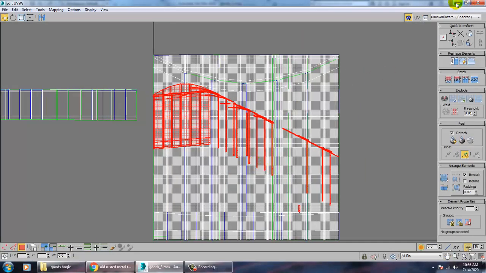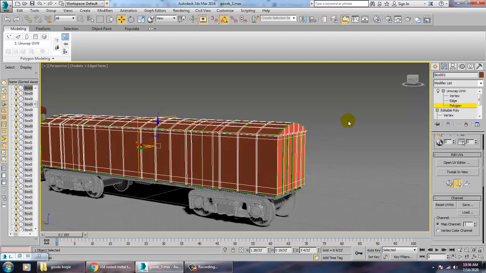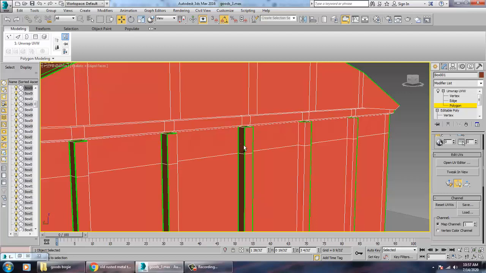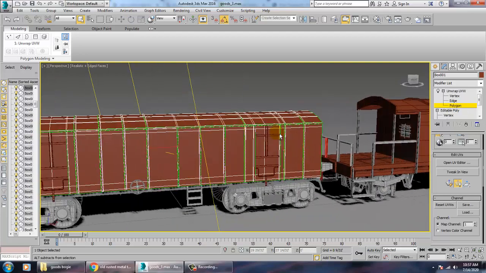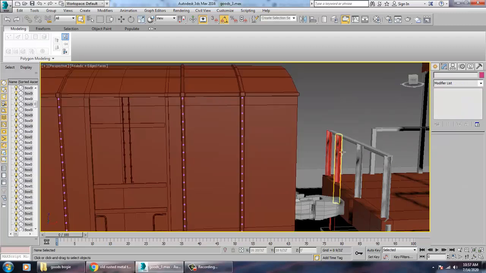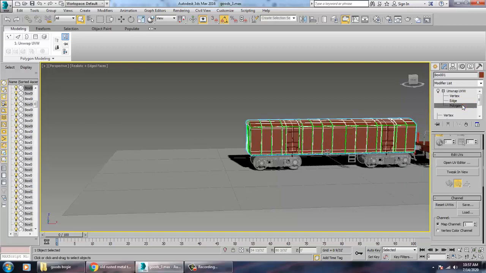So I think the other part is also selected, so we need to take care of it. We have not selected this, so again select this, again go into the polygons, so go into this again.